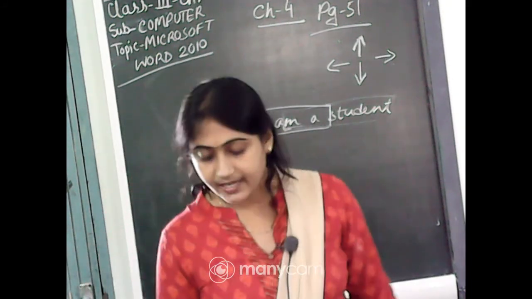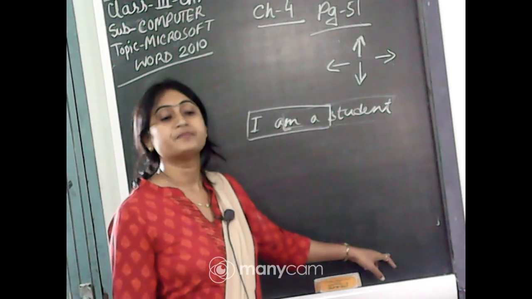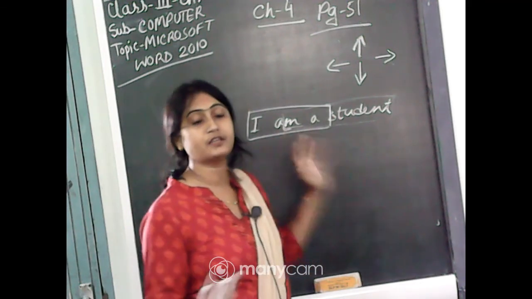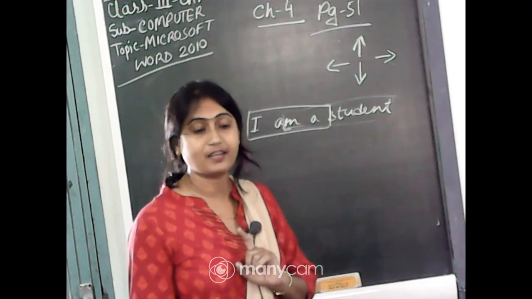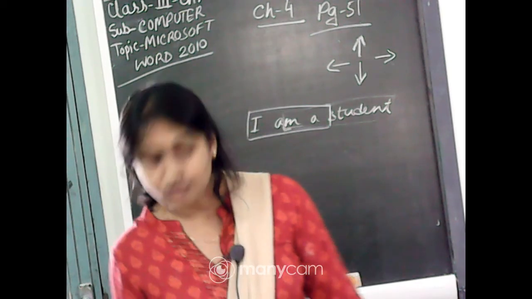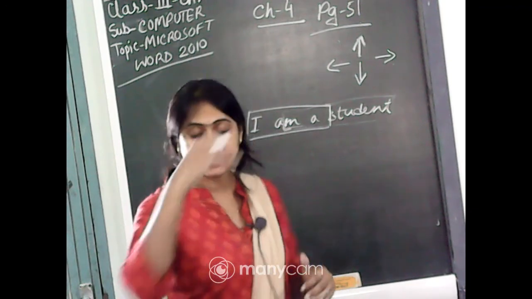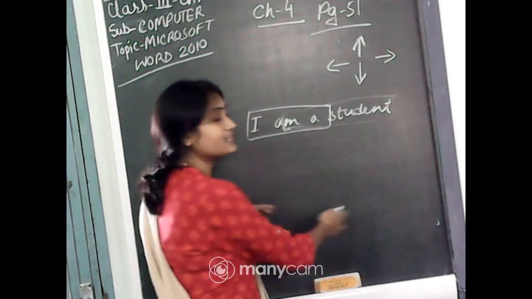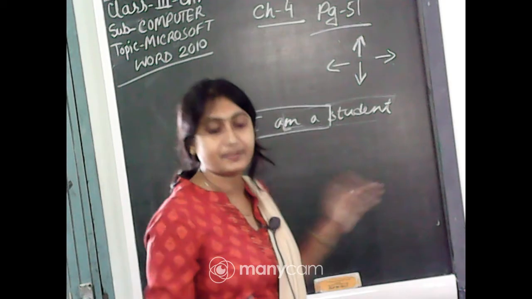And if you want to select till the end of the current document, suppose you have written a paragraph of 10 lines and your cursor is in the third line, and you want to select from the third line till the end, then press Shift plus Control plus End. And if you want to select till the beginning of the document, suppose your cursor is in the 7th line, and you want to select the first, second, third, fourth, up to the 7th line,